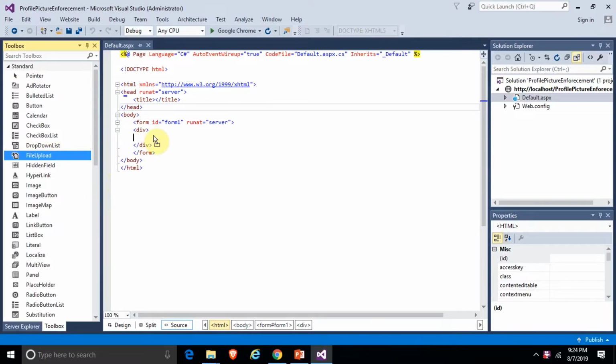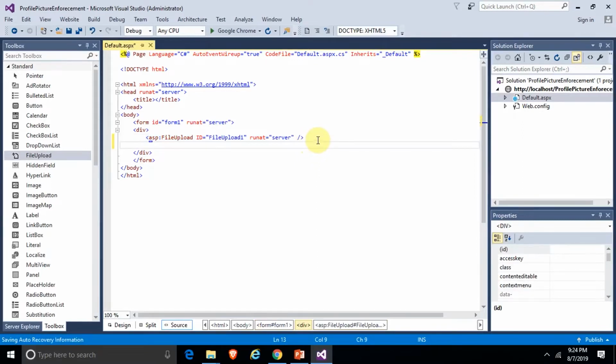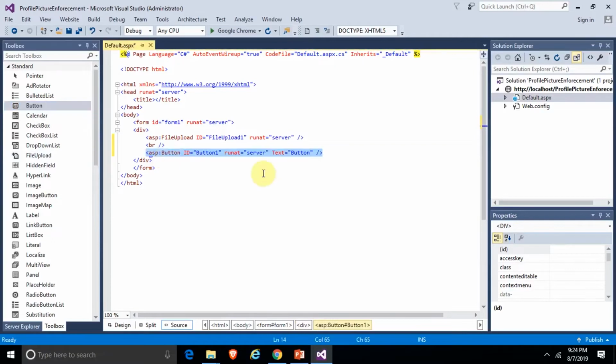So let's drop a file upload control. We drop that, and then okay, good. So I'll just put a breakpoint, and let's drop a button. That's a file upload, and that's a button. So the idea is we upload the image and then we click the button. So let's just say analyze. Right, let's call this analyze. Analyze is a Z or which one? What's the respelling of analyze? Okay, let's put the S,